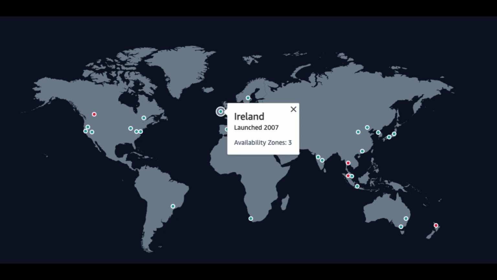Flexibility. The AWS Global Infrastructure gives you the flexibility of choosing how and where you want to run your workloads, and when you do, you are using the same network, control plane, APIs, and AWS services. If you would like to run your applications globally, you can choose from any of the AWS regions and AZs. If you need to run your applications with single-digit millisecond latencies to mobile devices and end users, you can choose AWS Local Zones or AWS Wavelength. Or if you would like to run your applications on-premises, you can choose AWS Outposts.